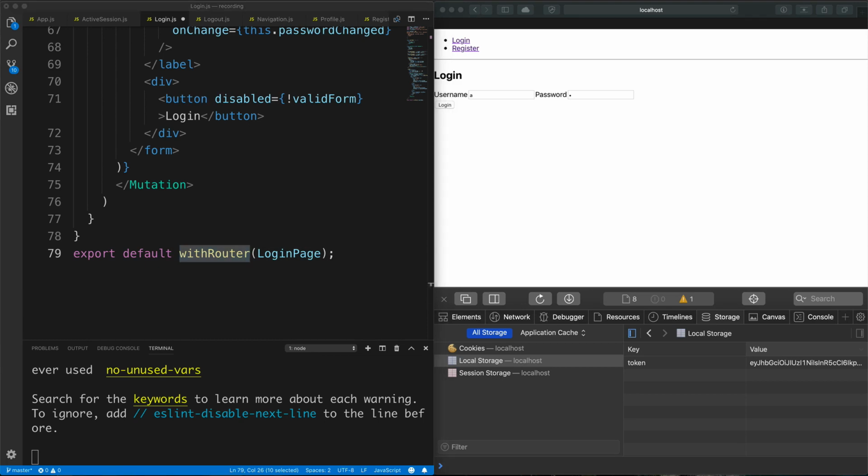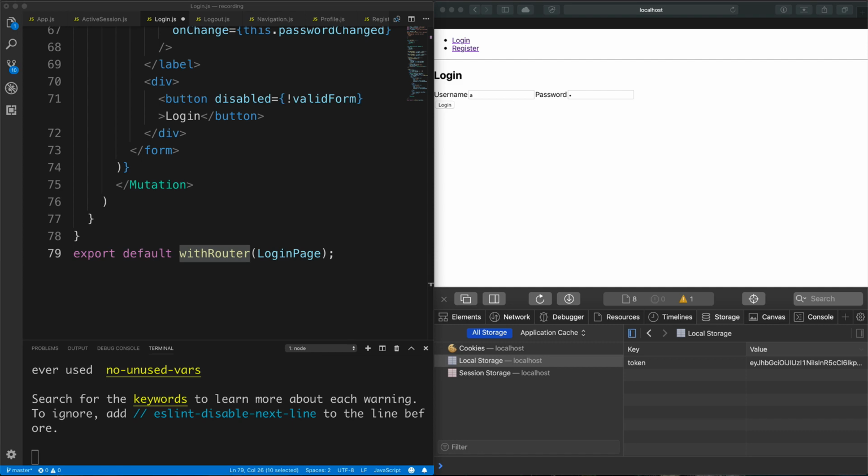You're probably wondering, okay, so what does this withRouter component do? withRouter allows us to access the history object's properties for the closest route match. So this means that if we wrap the login page with withRouter, we will have access to the browser history object,